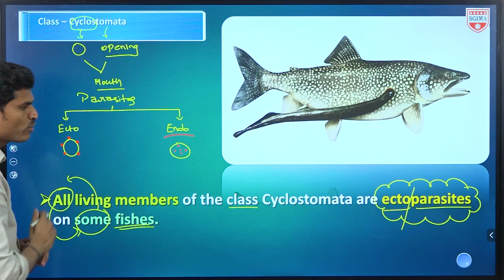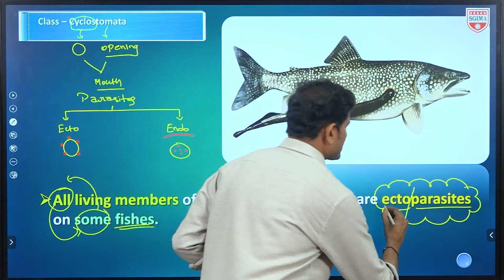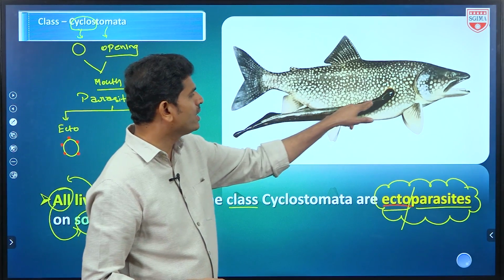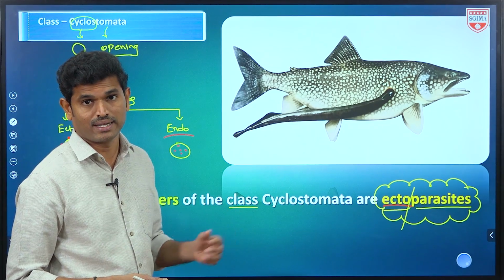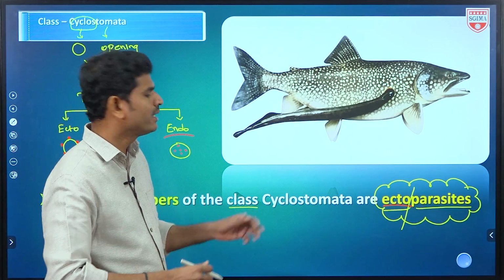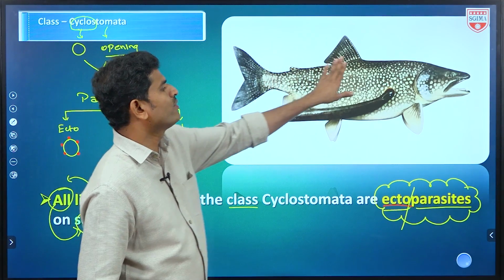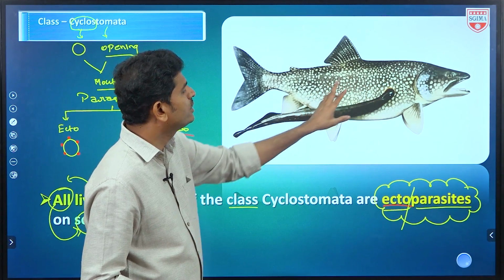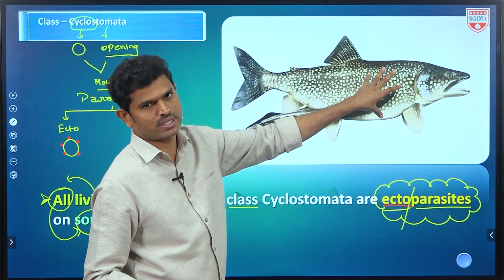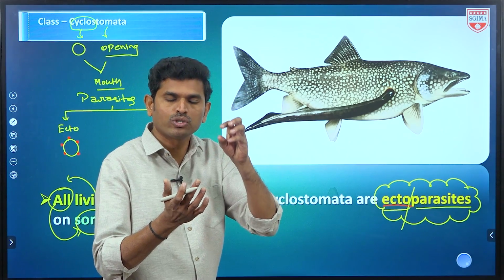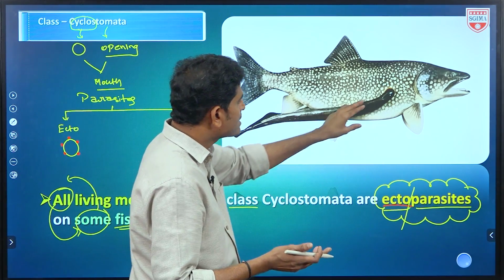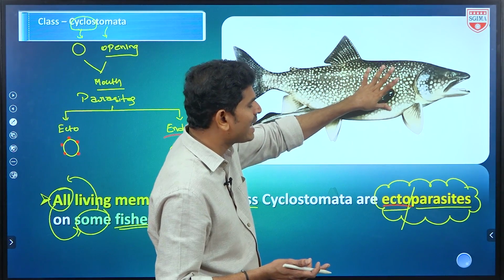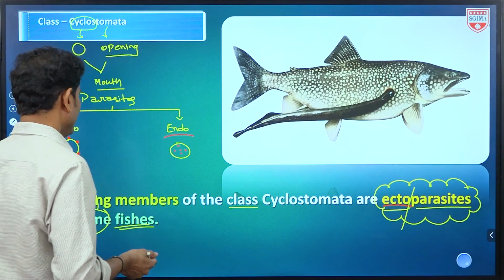So here, cyclostomates are which parasites? They are ectoparasites. For this we have taken a diagram also. This black one is only a cyclostomate; Petromyzon and Myxine organisms look like this. So the body is elongated; the characters we will see later. So this is one fish. On this fish, but not on all fishes, some fishes, these will be attached. They attach the body with the help of the sucker, which is used for attaching. So because of the sucker-like mouth, they are attached to the fishes and act like ectoparasites. Okay, so now